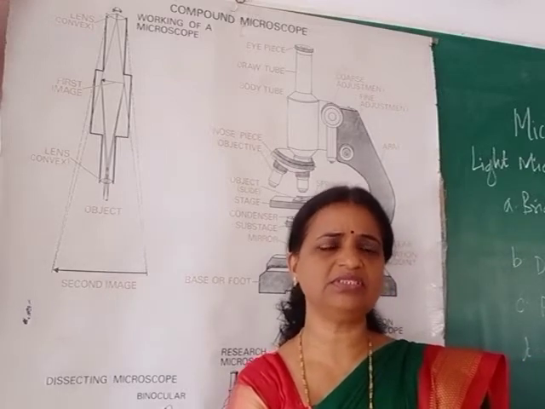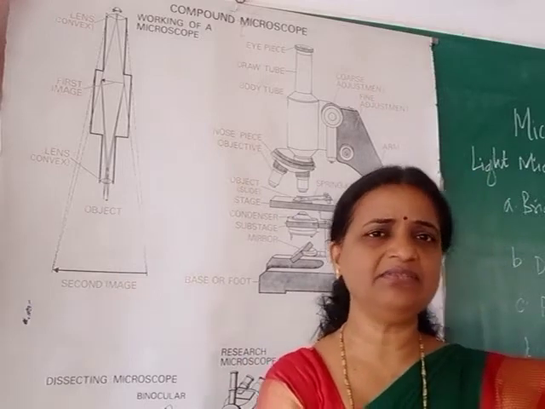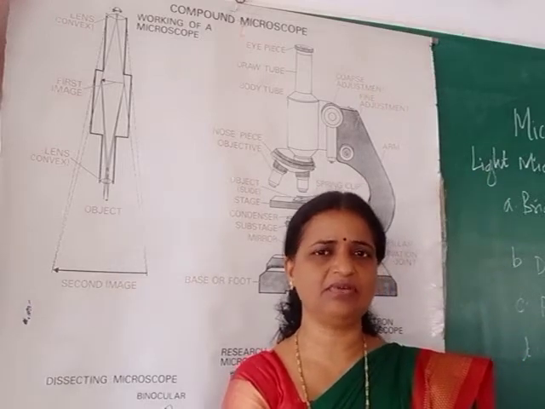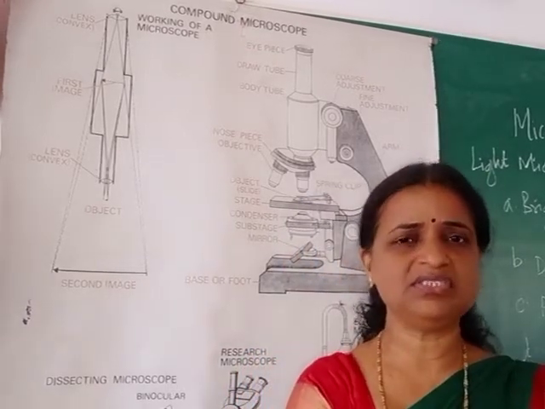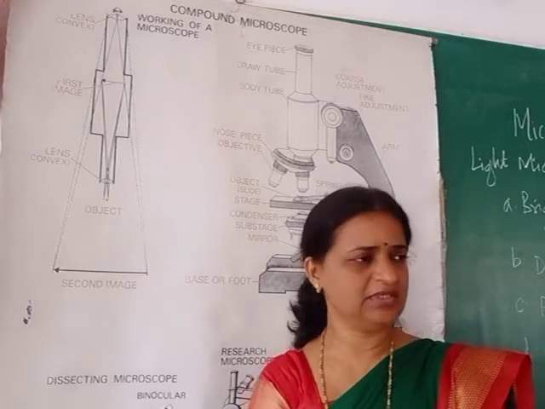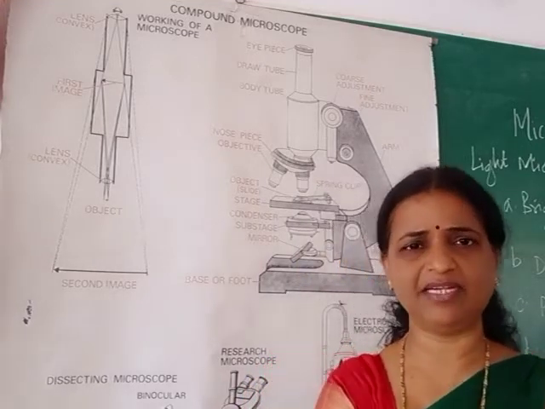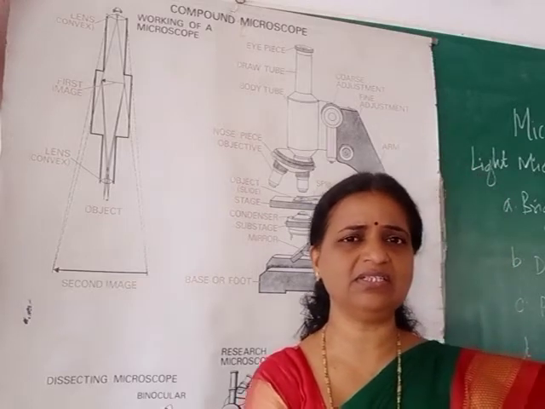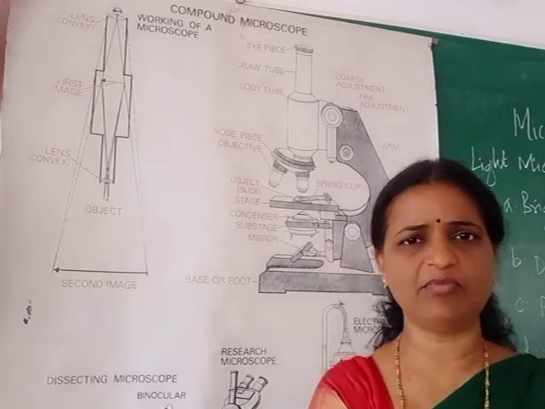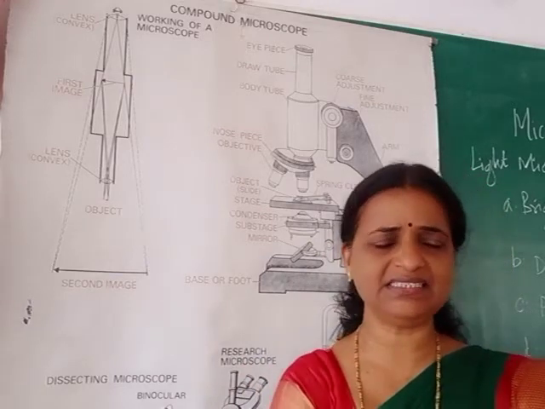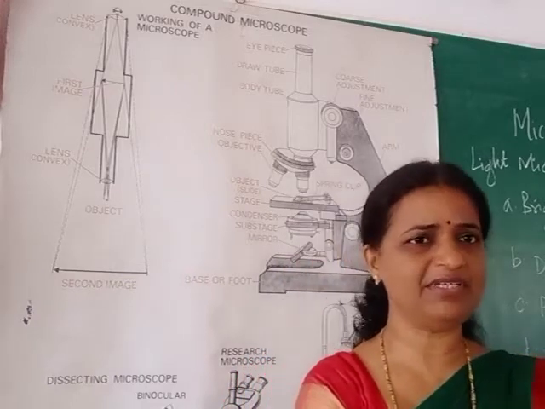So we must know what the microscope is, how it works, and how to take care of it, and then we can use this instrument for our practical purpose. Basically, microscopes consist of different types. Here we are using a simple compound microscope for our practical work. Today in this lecture we will discuss the parts of a compound microscope with their functions, and in the next lecture we will go for the working of the microscope and image formation.